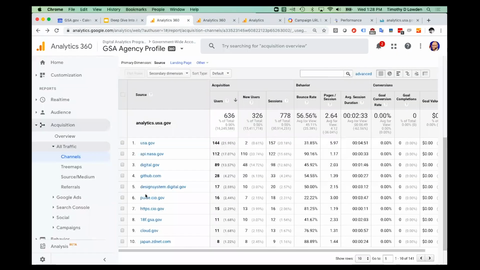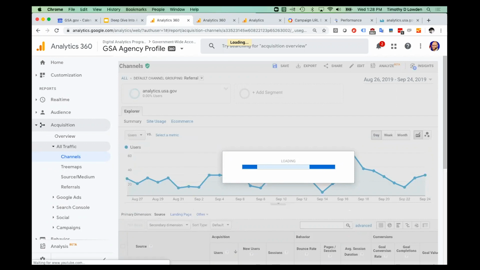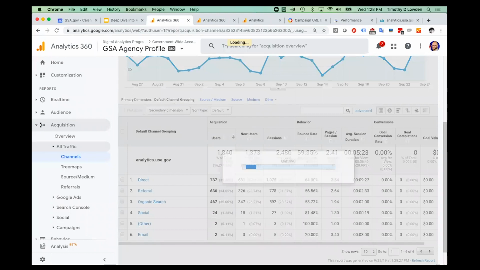If I go here and I go back to my all channels and I click on social, we will then see it will display for us the particular social platforms that led traffic. Now, unfortunately, we don't have the ability to get to, in this case, like the specific tweet. So if I click on social,